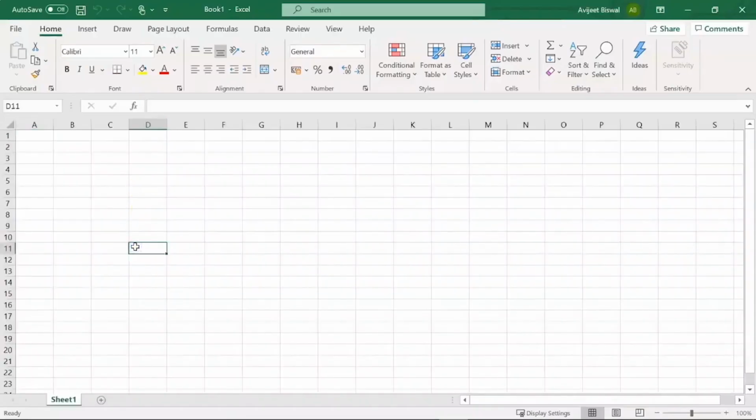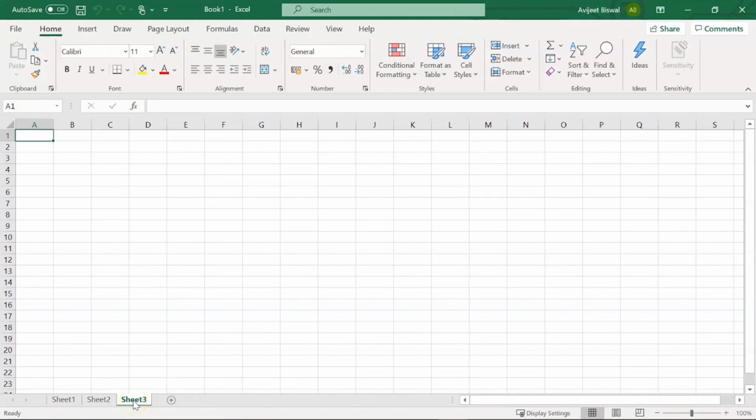Now if you want to move to the next sheet, you can use Control Page Down. Now in this current workbook we have only one sheet. Now let me create two more sheets and come to sheet 1. Now if you want to move to the next sheet, the shortcut is Control Page Down. So if I hit Control Page Down, you can see I am in sheet 2 now. If I again hit Control Page Down, I have come to sheet 3.